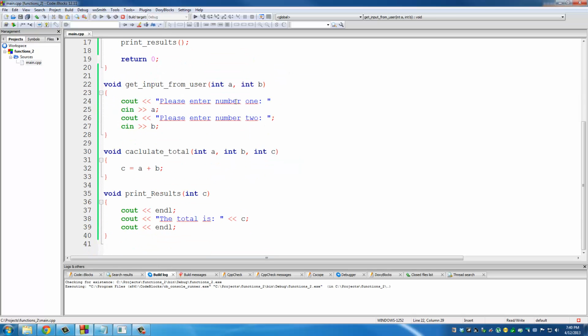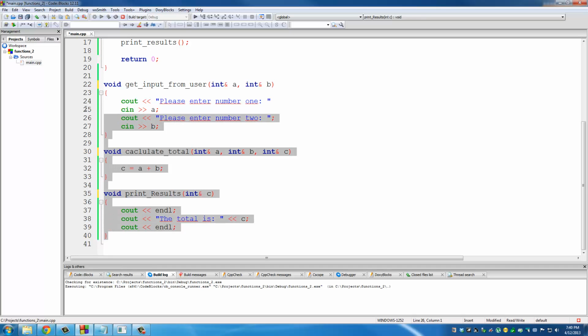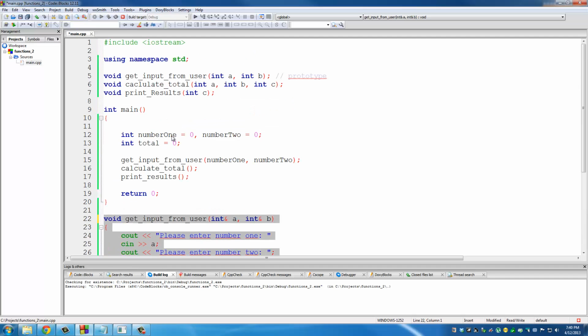I put an ampersand in front of each data type for each variable. So ampersand, ampersand, ampersand, and ampersand. Now when you make a modification down here to the definitions, you have to go up and make